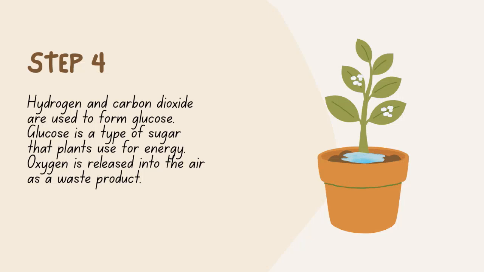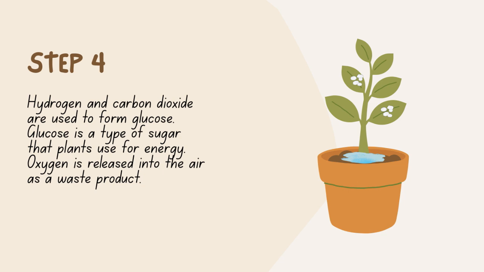Now let's look at step 4 in the process. Here, hydrogen and carbon dioxide are used to create glucose. Glucose, as many of you know, is a type of sugar that plants use for energy. It's essentially their fuel, powering growth and various functions. During this process, oxygen is released into the air, and this is a key point because it's a waste product